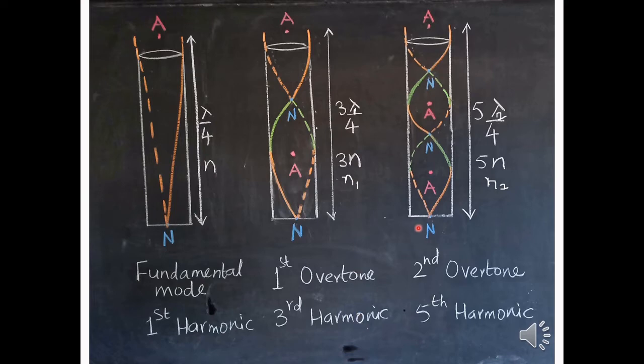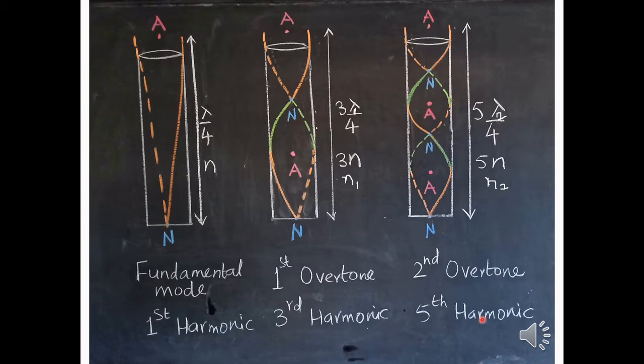In the next higher mode of vibration, the same air column is made to vibrate so as to produce 2 complete loops and 1 half loop, or we can say here we have 5 half loops: 1, 2, 3, 4 and 5. Here N2 represents the frequency and lambda 2 represents the wavelength of the wave in this mode of vibration. So here N2 is 5 times the fundamental frequency. Again the distance between adjacent node and antinode is lambda 2 by 4 and as here we have 5 half loops, the length of the air column will be 5 times lambda 2 by 4. Here N2 is the second overtone or fifth harmonic.